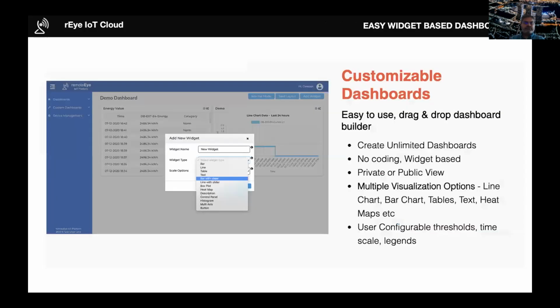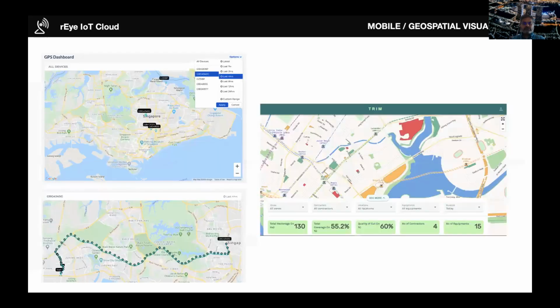on the ground. Apart from that, we allow end users to build dashboards because we realize that every user wants a different visualization. They manage different assets. They don't want to come back to the vendor to do that. So we provide an easy drag and drop dashboard builder, which anyone who can operate a laptop can build. And then unlimited dashboards, right? So depending on which asset you manage, you can build those dashboards and have that view.